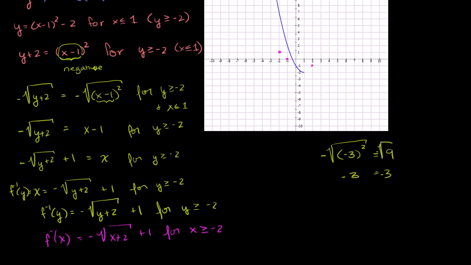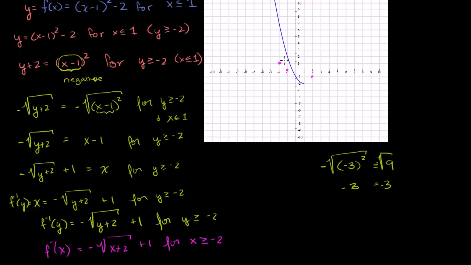So the graph of f inverse is going to look something like that right there. And as you can see, it is a reflection of our original f of x along the line y is equal to x, because we've essentially just swapped the x and the y.